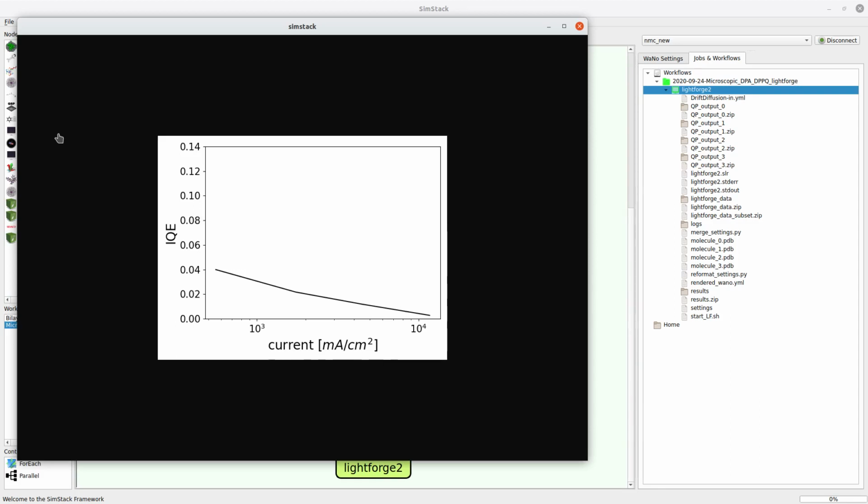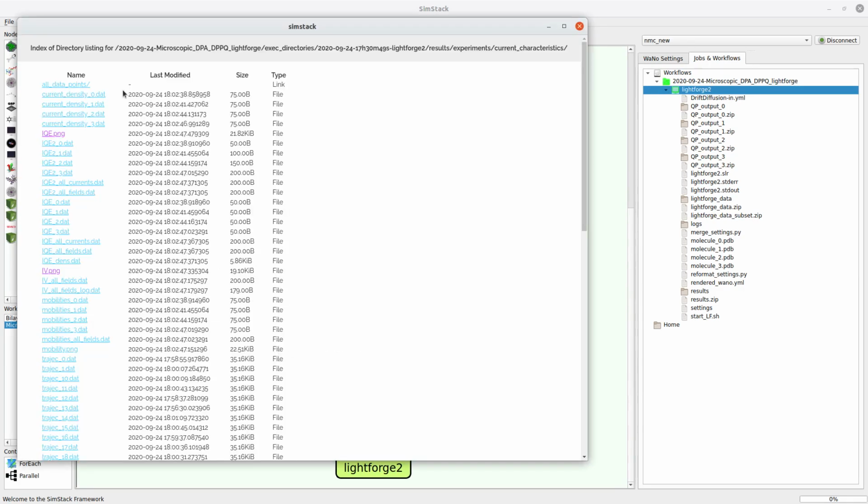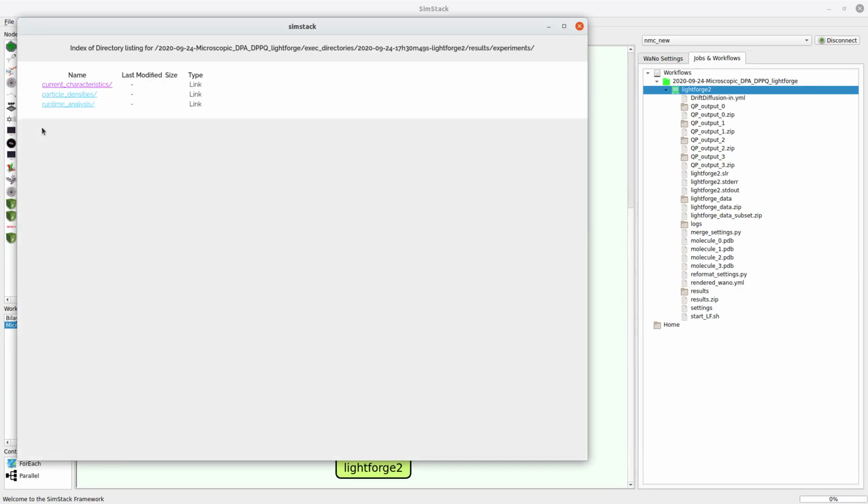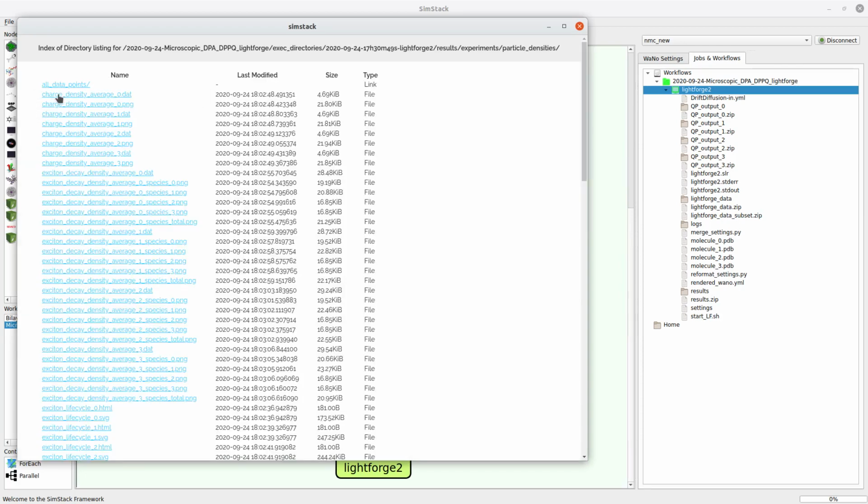and we can see the internal quantum efficiency with respect to the current, and we can see that this has a very low internal quantum efficiency, starting at 4% and with a roll-off going down to below 1%. To analyze what deteriorates the efficiency of this device, we go back a second time and we go on particle densities,